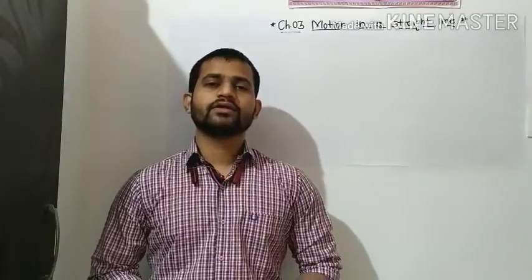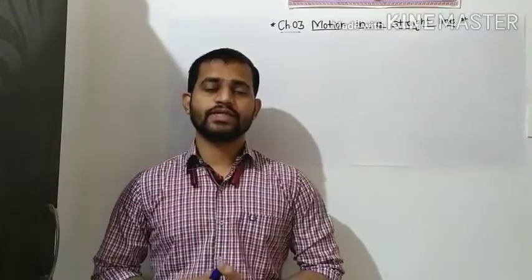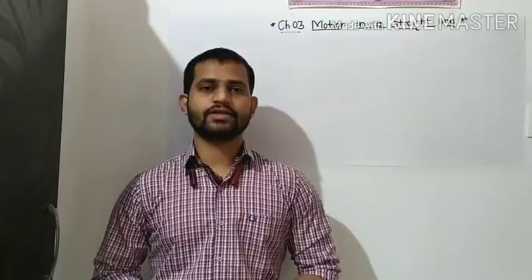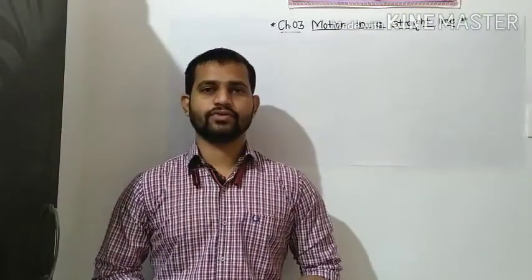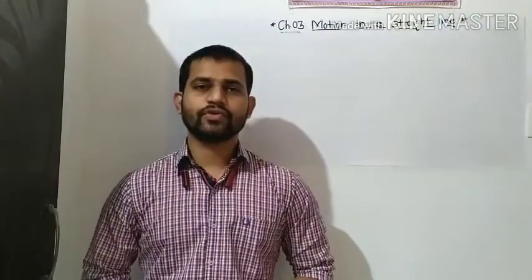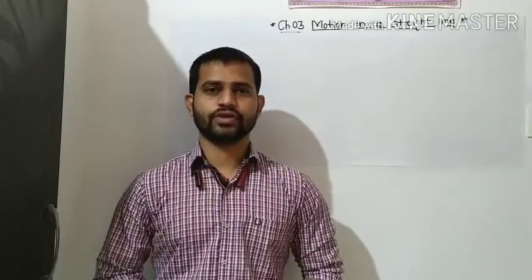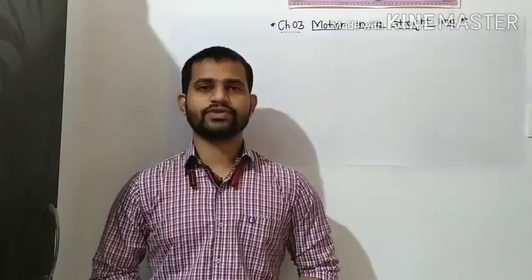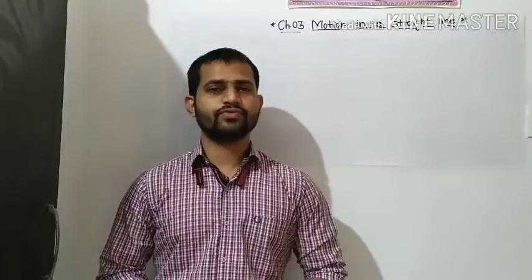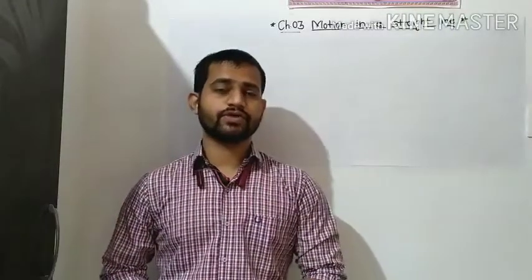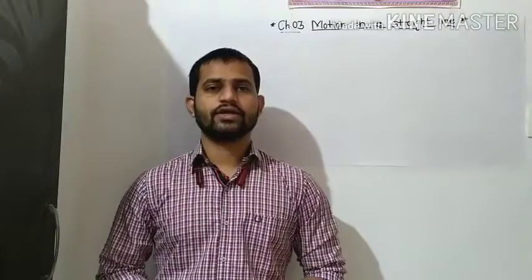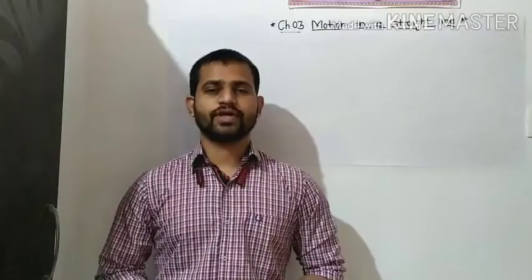In today's lecture we will see some numericals based on basic knowledge of the area under the curve and the slope of the VT curve. Today we will start with the proof of one of the kinematic equations of linear motion. Which are the three kinematic equations of linear motion? v is equal to u plus at, s is equal to ut plus 1/2 at square, and twice as is equal to v square minus u square.